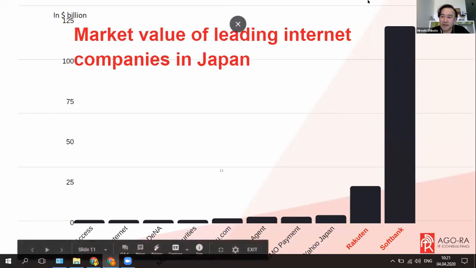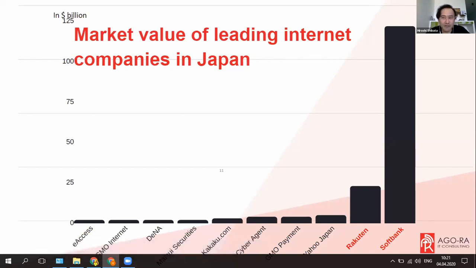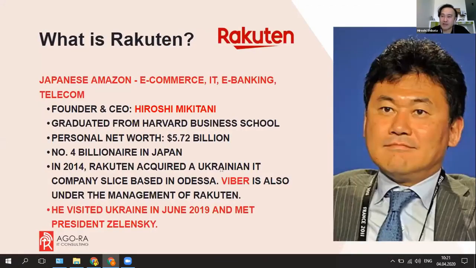The SoftBank is. And the Rakuten, as some of you may have heard of, I'll also explain what Rakuten is shortly. So this guy is the CEO of Rakuten, Mikitani. So basically, it's a Japanese Amazon, and Rakuten has acquired Viber. I'm sure that most of you use Viber every day, but back in 2014, Rakuten acquired